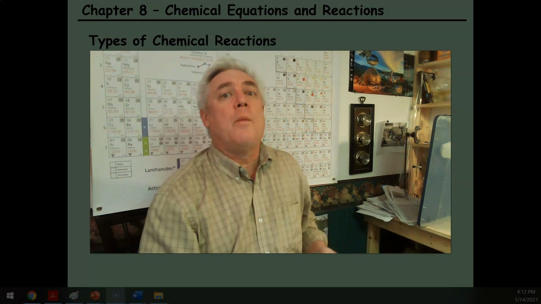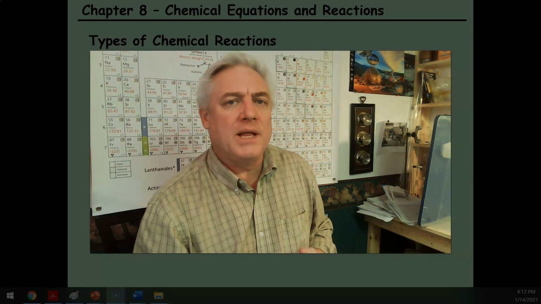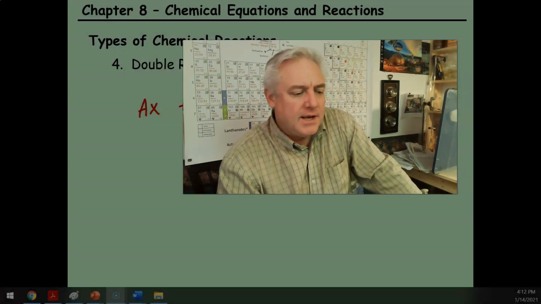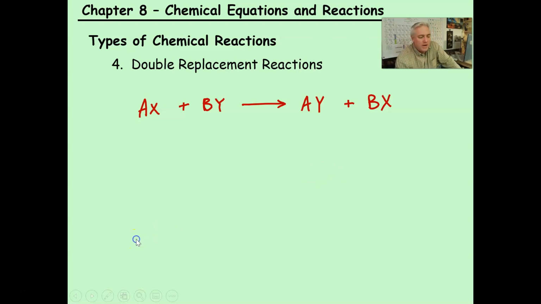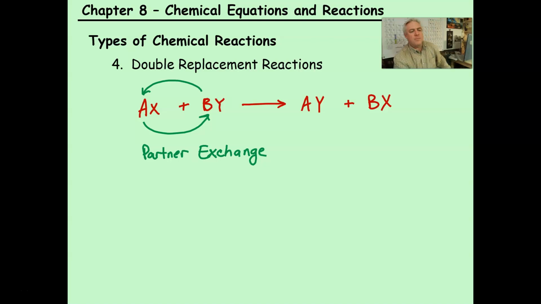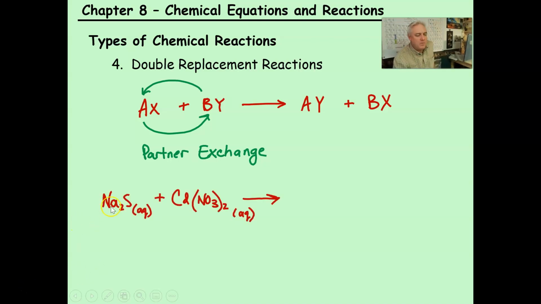Today I want to talk to you about double replacement reactions. Now we've already talked about double replacement reactions a little bit and identified what type they are. This is the one that we called partner exchange. Partner exchange, and the different parts of two compounds will swap partners. The example we looked at was sodium sulfide and cadmium nitrate, and when they swap partners we get cadmium sulfide and